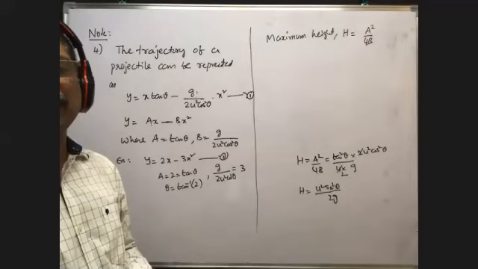At this point, the horizontal component of velocity is vx, and the vertical component of velocity is vy. If you know vx and vy, we can calculate v now. Now you tell me, what is the relation from v is equal to u plus at? Already I derived. vy is equal to u sin theta plus a, that is minus g, into time t. Therefore vx and vy both are known. Therefore v is equal to square root of vx square plus vy square. By using this we can calculate v.